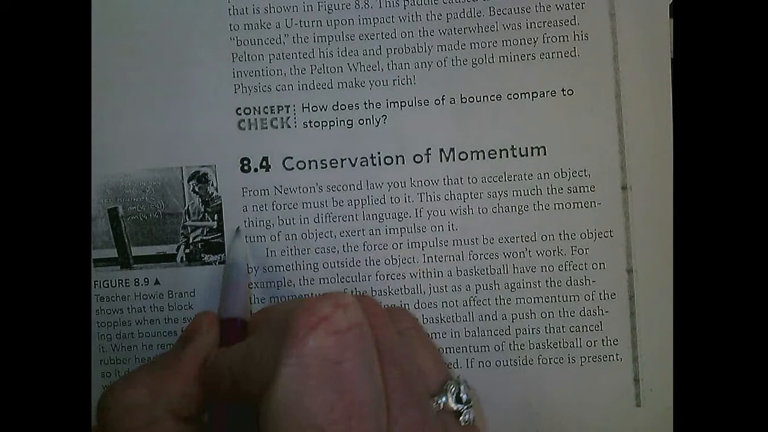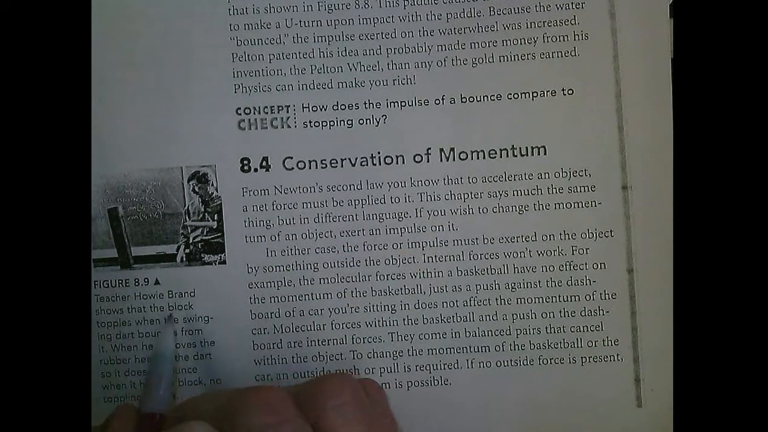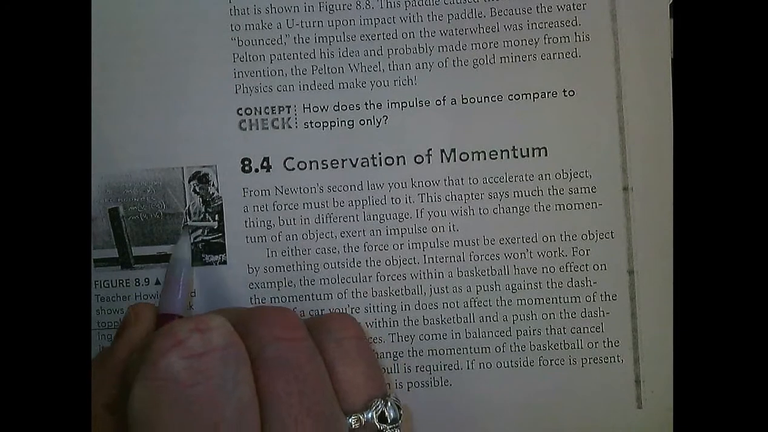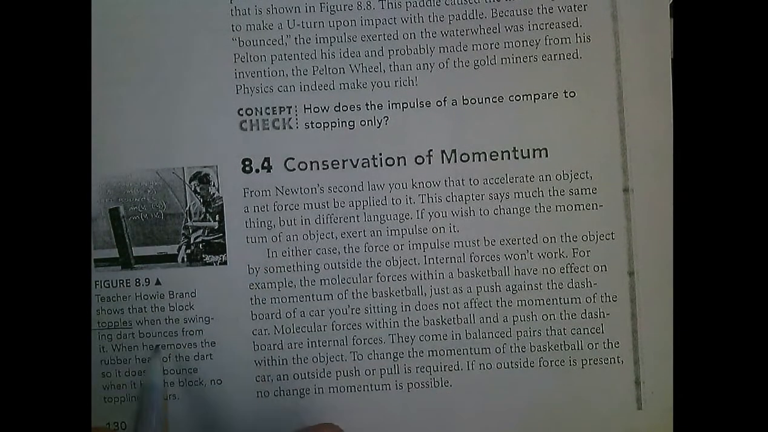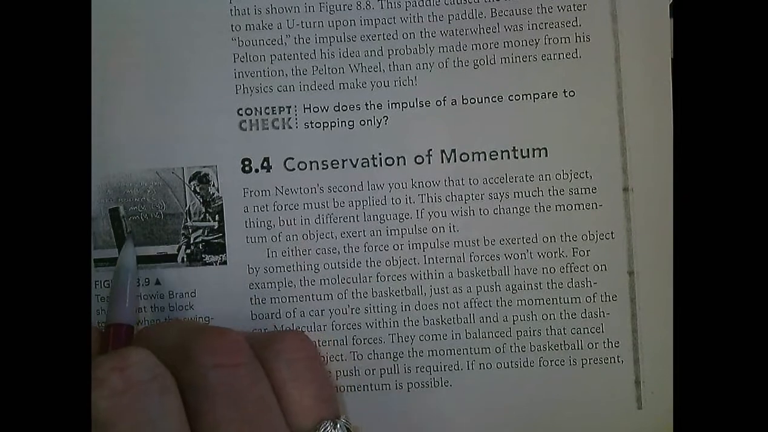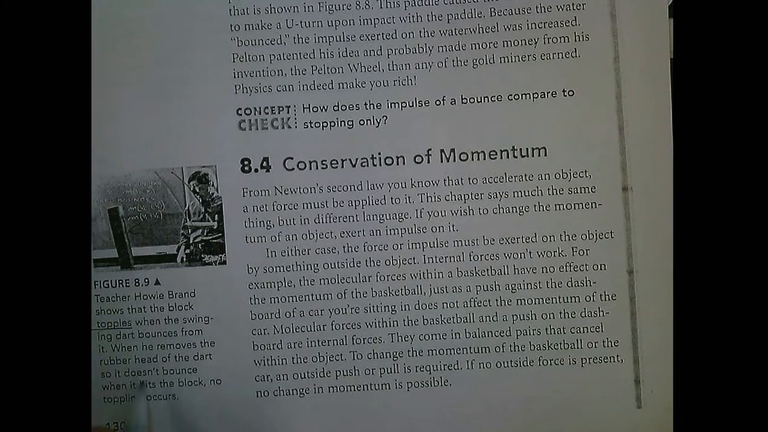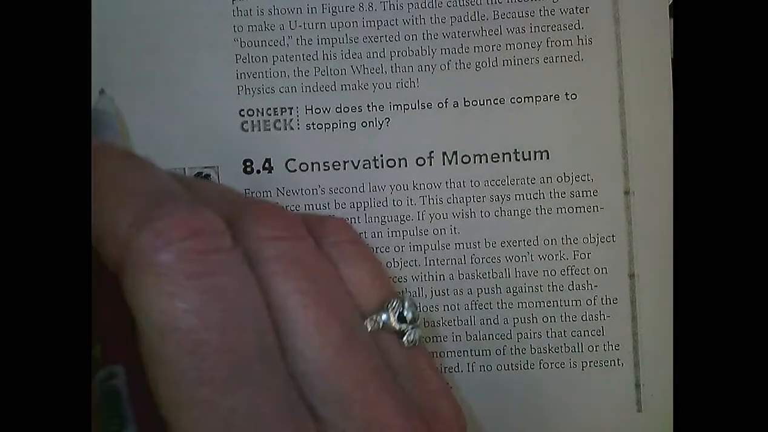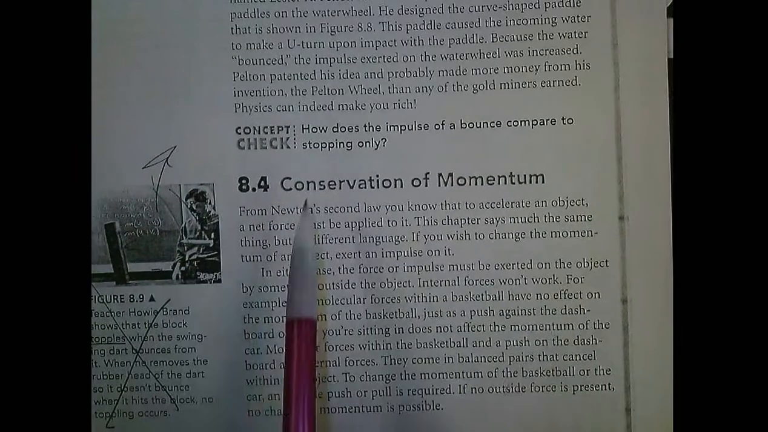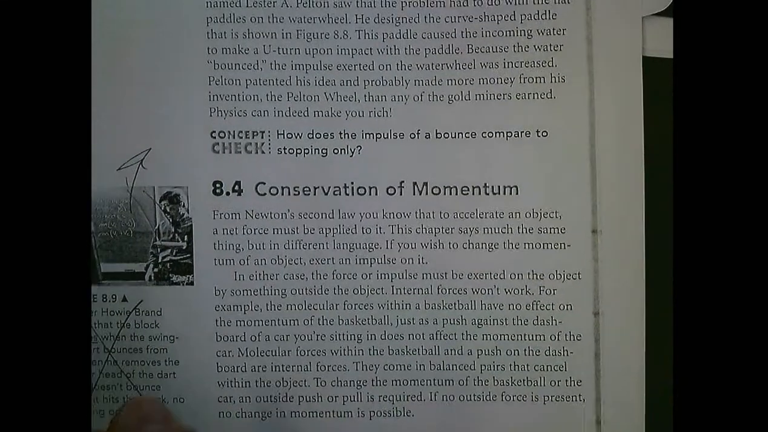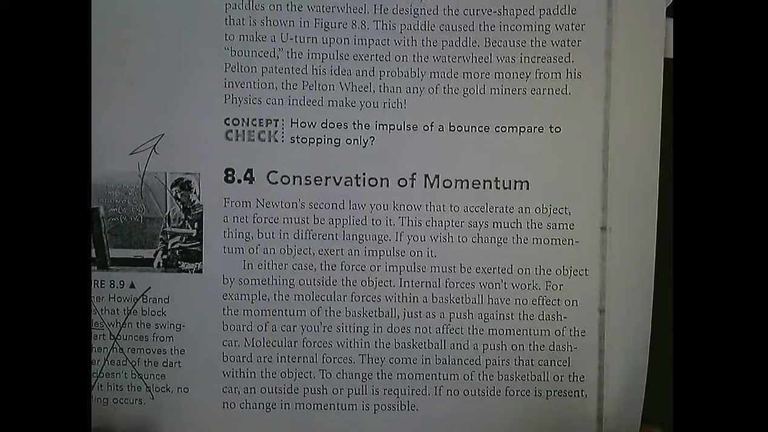8.4 Conservation of Momentum. I'm going to start by looking over here. Teacher Howie Brand shows the black couples, meaning falls, when the swinging dart, this thing is on some sort of strings here, bounces from it. So this thing came and bounced and now it's bouncing back. And he removes the rubber head of the dart so it doesn't bounce, it hits the block. Oh, you know what? This is about the section earlier, and I know that because it's about bouncing. So we're going to actually ignore that. I'm showing you that because it is important to look at your diagrams first, but sometimes your diagrams go with